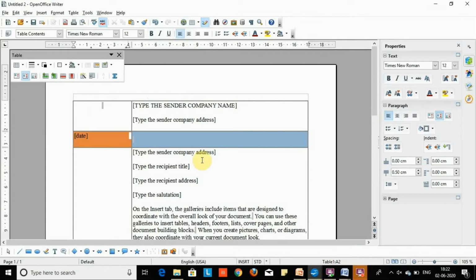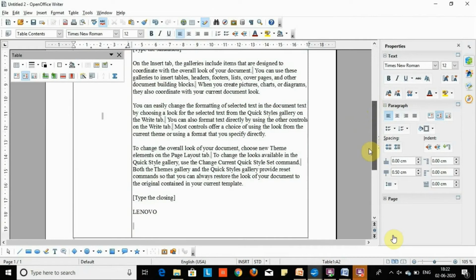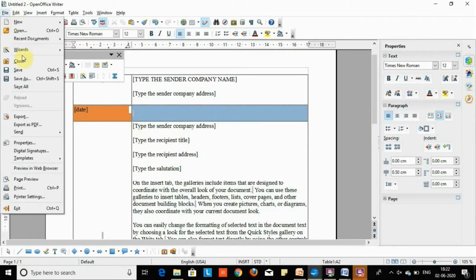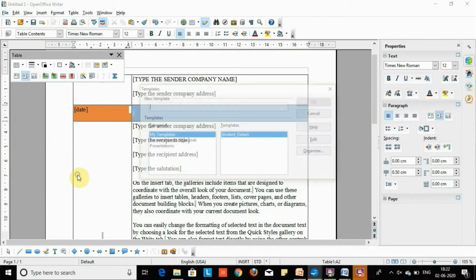Here I open an existing document with an already typed letter format. This is a sample of a letter. Then click File, then Template, and Save.